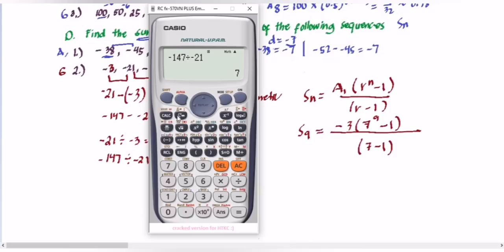So, ito ay magiging, copy lang natin ha. Fraction, lagay kayo. Then, negative 3. Then, parenthesis, 7 raised to 9. Then, babaan nyo muna, minus 1. Then, close parenthesis. Then, sa baba, mayroon tayo parenthesis, 7 minus 1. Then, close parenthesis. The answer is equal to, ito,